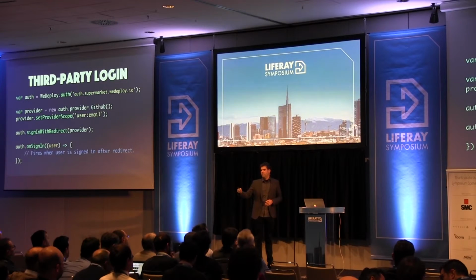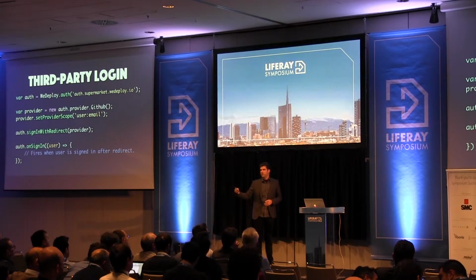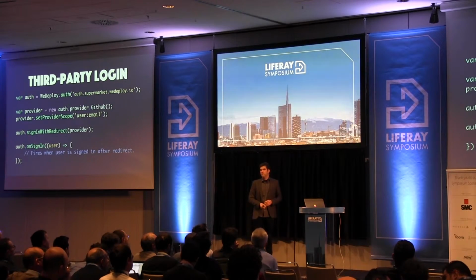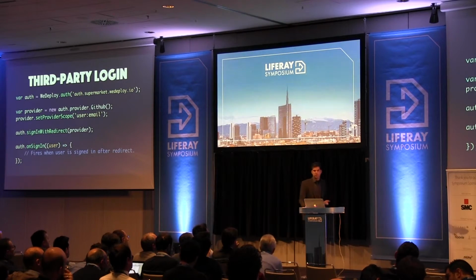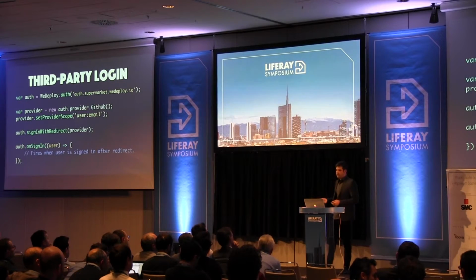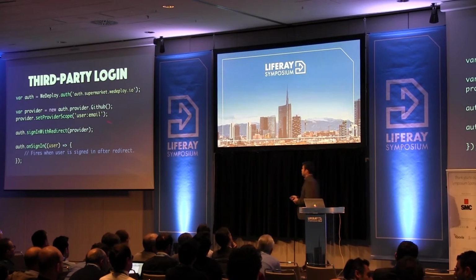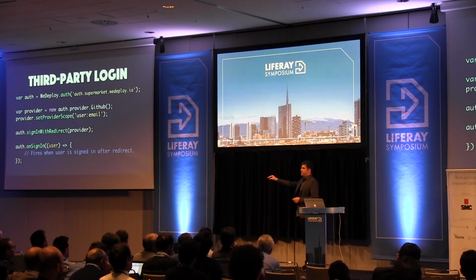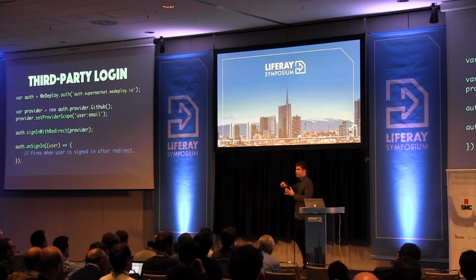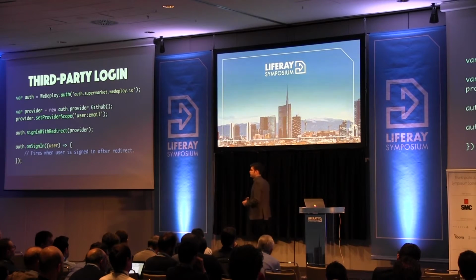And Facebook has many things, Google has many things, like I want your friend list, or any information that is available on Google or Facebook. So you can just go to their documentation, select the scope, then you call sign in with redirect. Your browser will redirect, the user will fulfill the data, and this will return with the token for you and whether the authentication succeeded or failed. Okay?